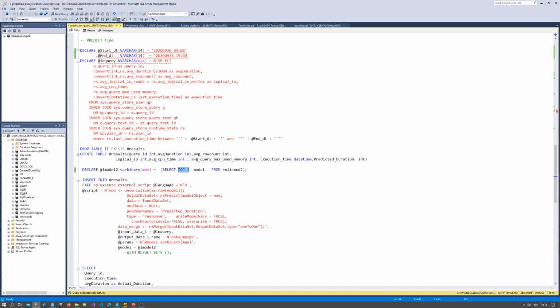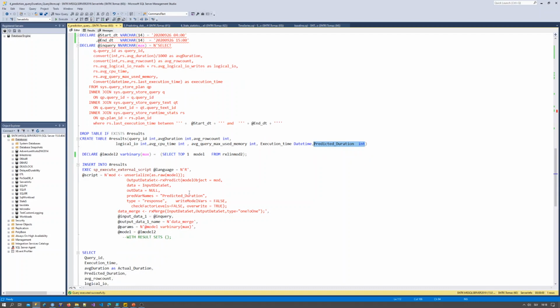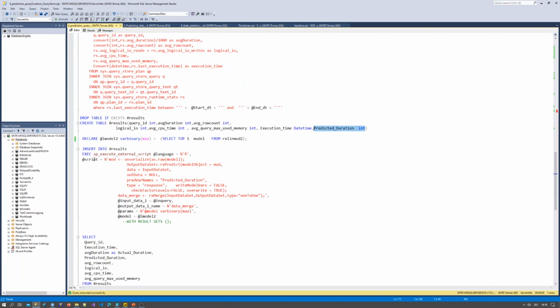And I want to store the results of this prediction into a table where I want to have my query ID, average duration, etc., but at the end, I also want to have my predicted duration stored, in order for the DBA to know the rough predicted execution time. And I'm taking my model, so this is our script, and I am saying get the model from this table,